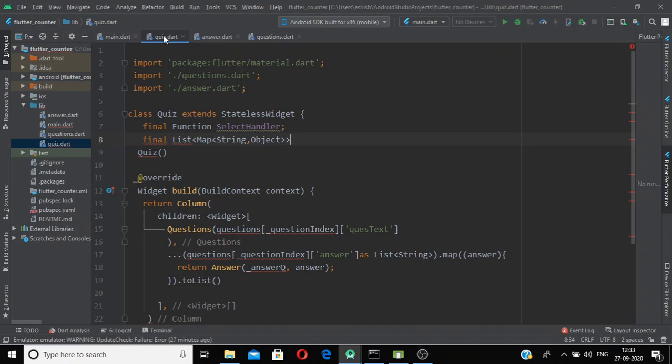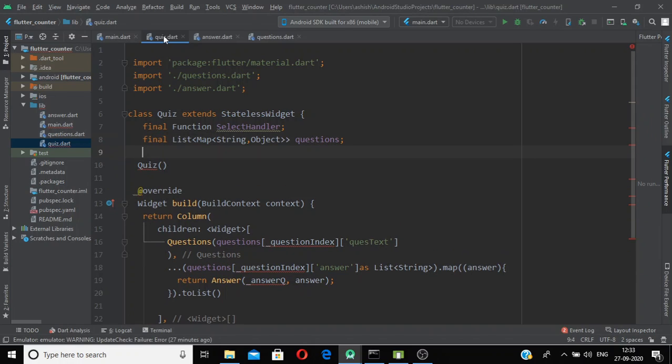So we will name it as questions. And finally we need a question index, and we use final int, and for this we use question index, and we need to pass this thing also.